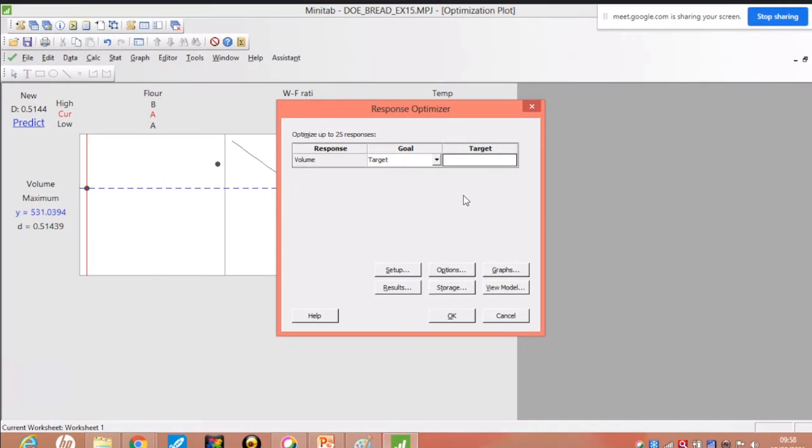If I use the flow type A, if I put the level setting that water to flow ratio 500, and if I keep the temperature on 25, am I getting the volume closer to this 568? So that is the confirmation run you have to do. Okay, that is to confirm that our experiment is successful.